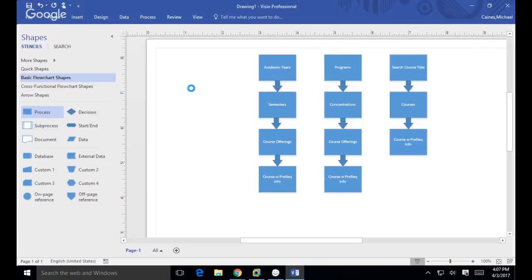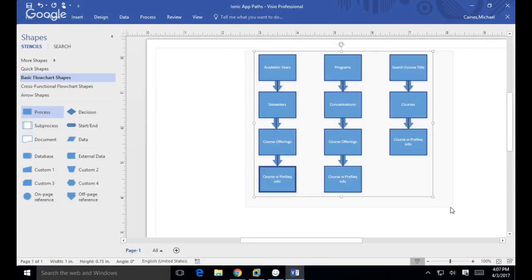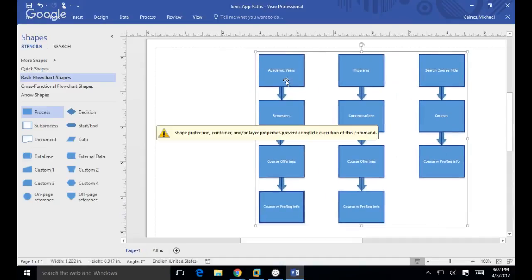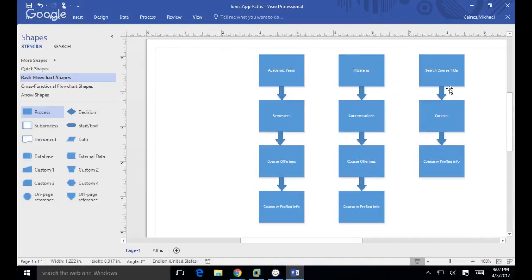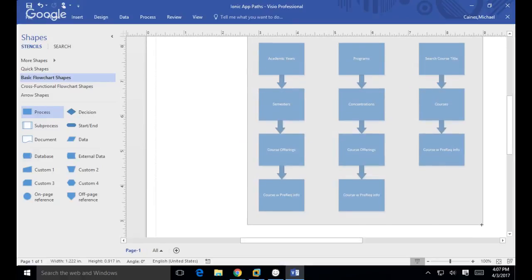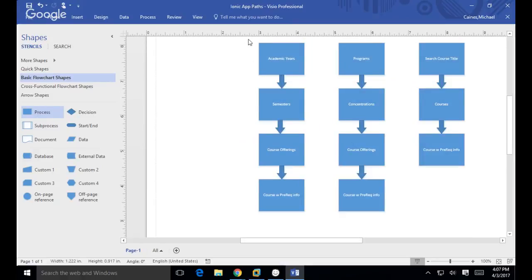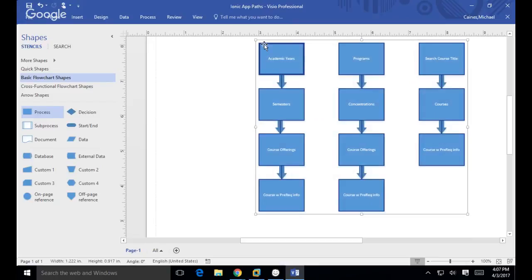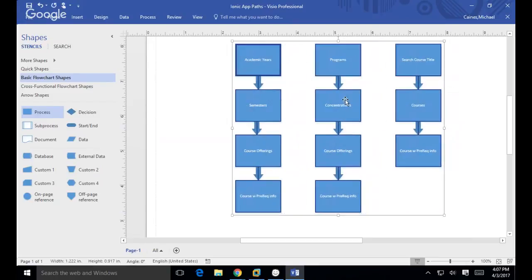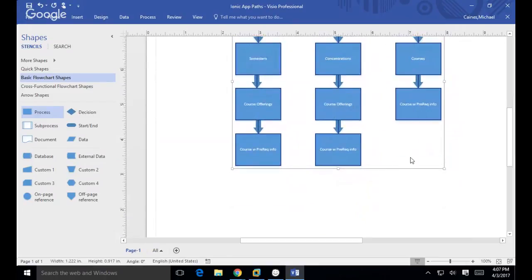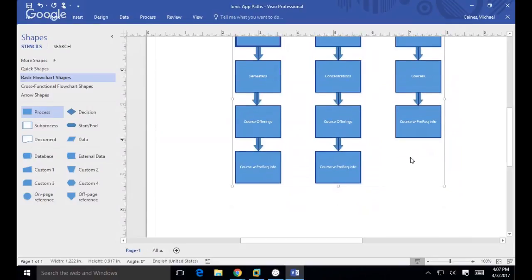I'll save this little Visio doc, and I'll post it up there. Yeah, try using